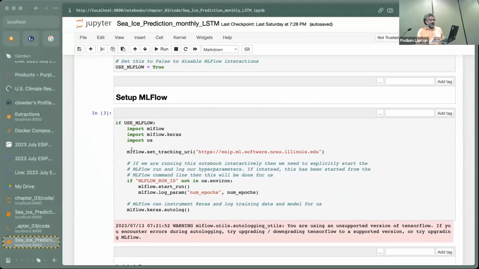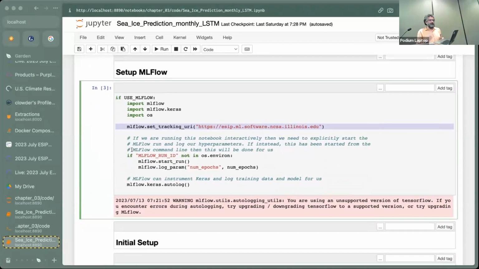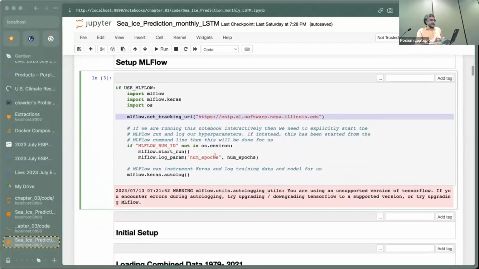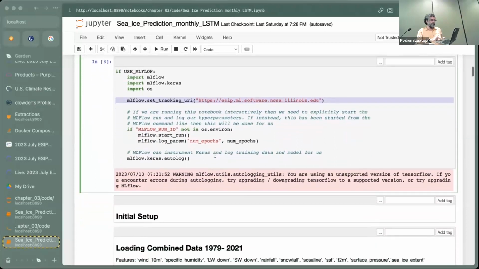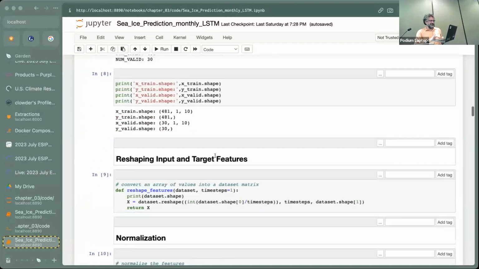But otherwise, all I do is I set the tracking server URL to an instance that I've set up at NCSA, which doesn't have authentication on it. And if you want to make a note of this, you're free to use this for the rest of the week if you want to try out MLflow and see what you think. And then just saying start the run, and I'm logging one of my parameters, and I'm telling it that it's using Keras models, and it actually goes in and instruments Keras and logs a bunch of stuff on my behalf back at Basecamp. So then pretty much everything else is exactly the same.